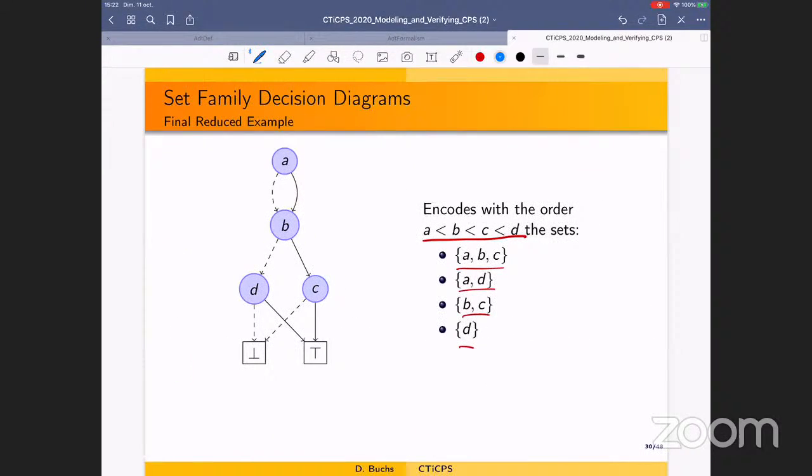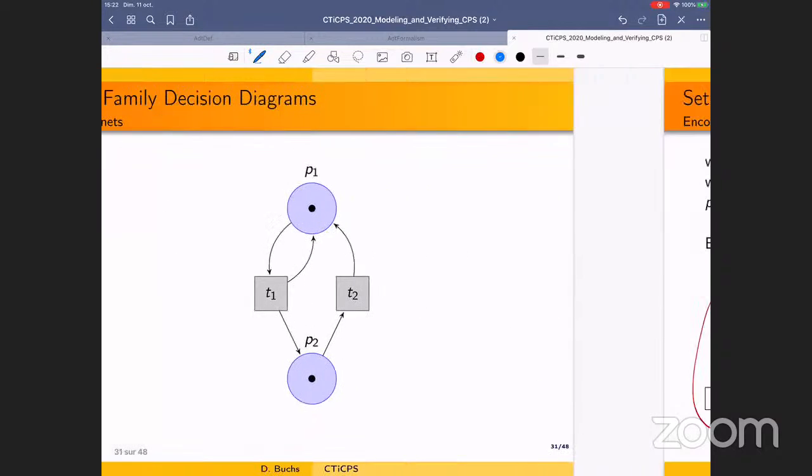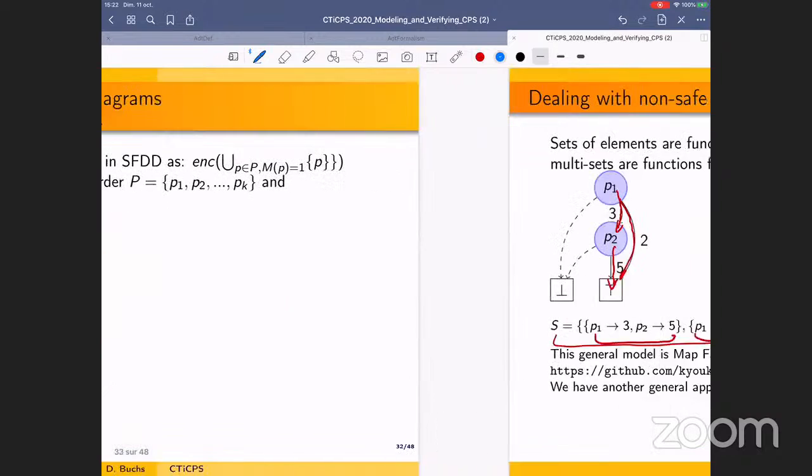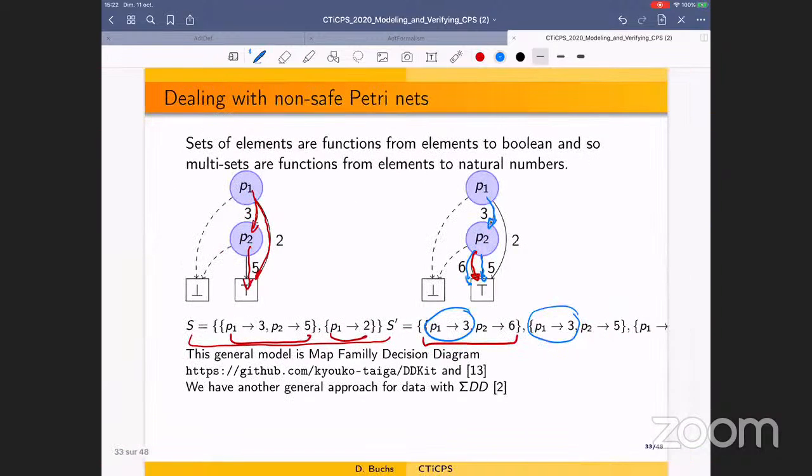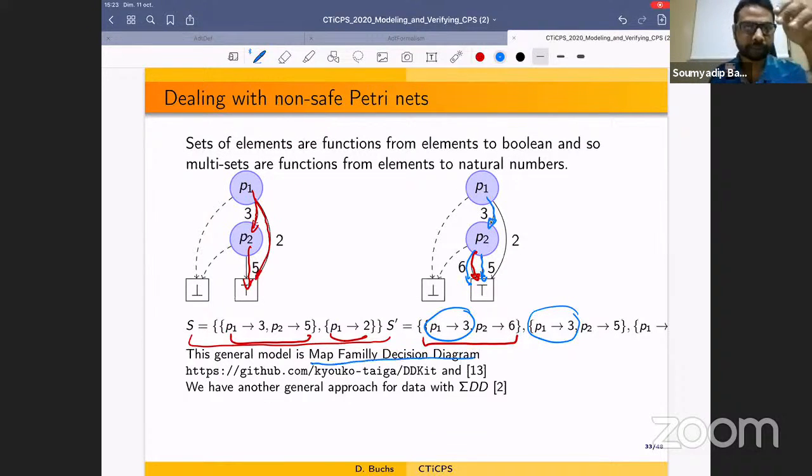But the most important thing is about the homomorphism, the fact that you have operations that can be applied on the subsets. And there is this generalization, and later there is this generalization about map family decision diagram. Okay. So I think Professor Sarkar has some questions, because he's an expert on that, Professor Dipankar Sarkar.